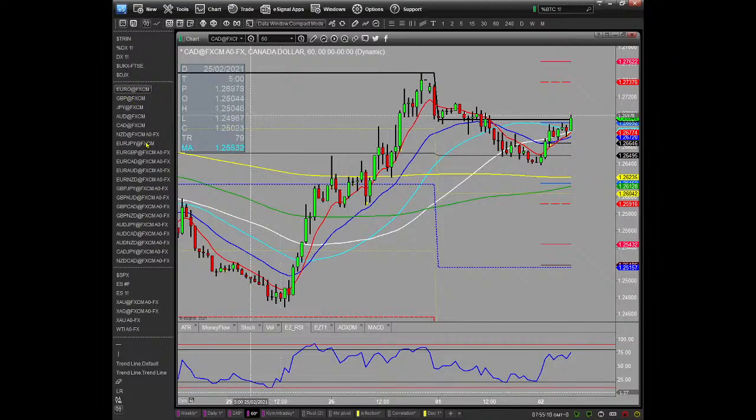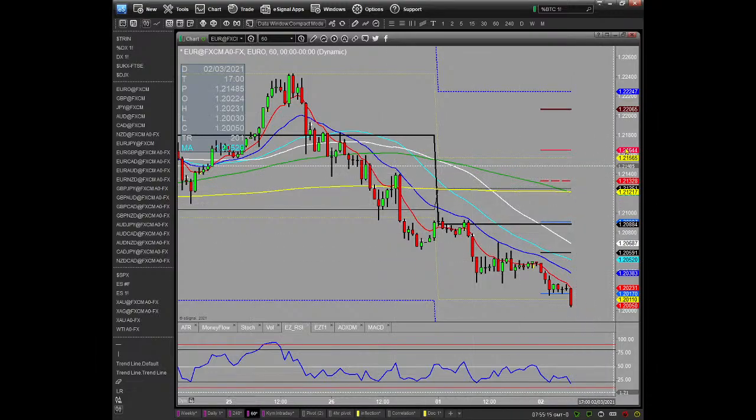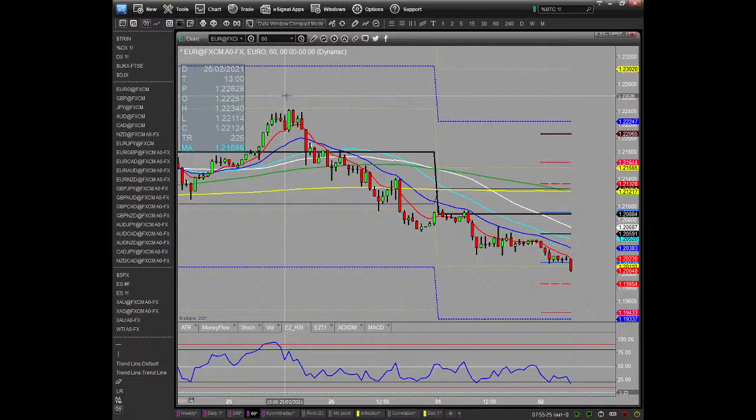Looking back, you want me to have a quick look back at the euro? I don't mind. Let's have a look. Where could that go to? Well, it's certainly this 120 area on the euro that is pretty key. A break of that level could certainly see further downside for sure. Where to?